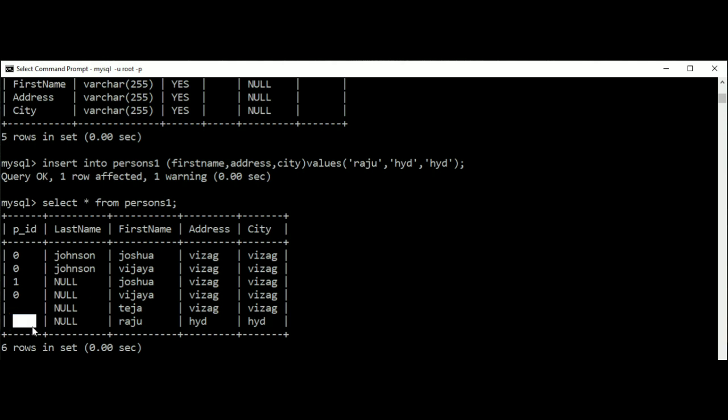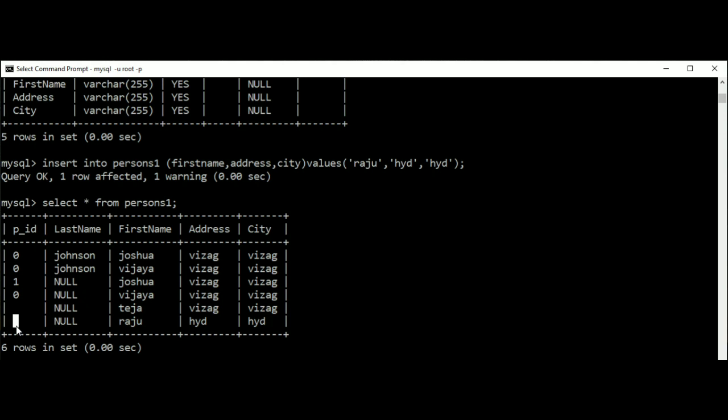Or can it insert a value called 0 here? Neither can it insert a value of 0 nor a value of null. Why can it not insert 0? Because it is no longer of integer data type, it is of varchar data type, but we have given a constraint that it cannot insert any null value.